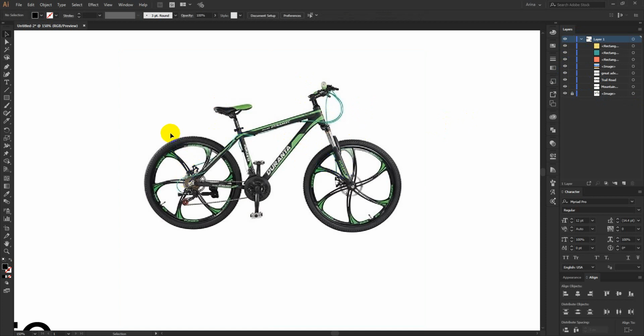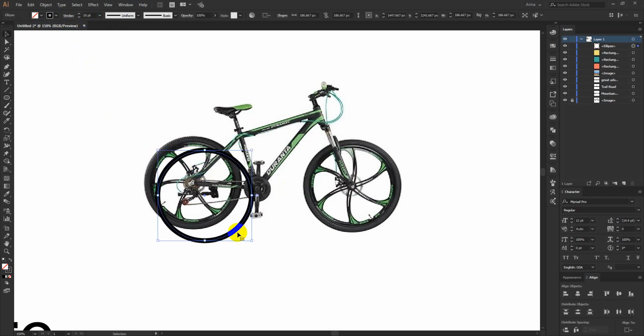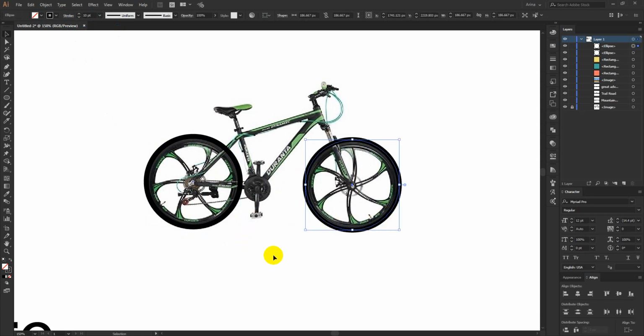I am going to use some basic shapes, and this is how you will never face any copyright problems, and your work will improve. So for this one here I just set my stroke to 10 points. I am going to make an ellipse here, same ellipse, just copying here.